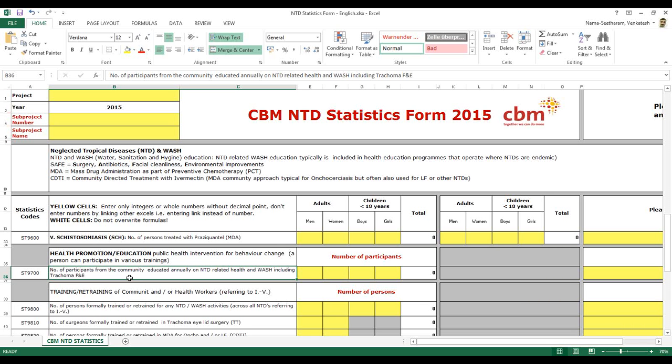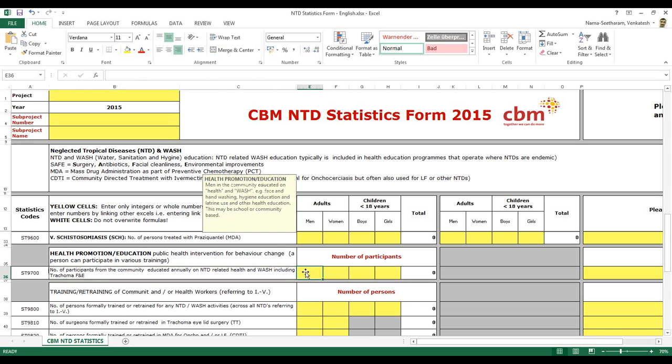I see a challenge there, because we do have some programs that carry out health promotion, especially on the WASH and behavioral components. Some of these programs are via radio, for which it is absolutely impossible even to provide an informed projection on the number of people that have been reached. So how do we count number of participants? If they are conducting a training, they would have the participants list, right? Yes, for the training, yes.